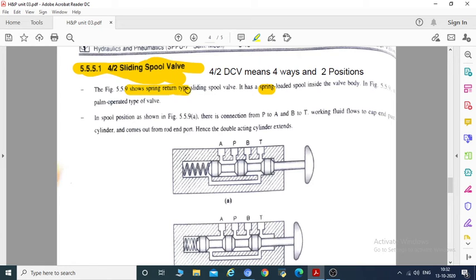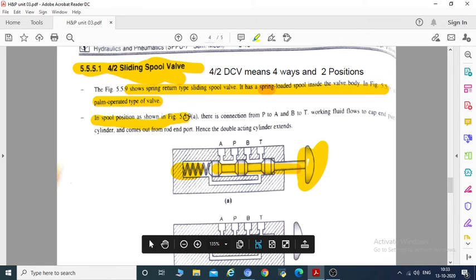The spring return type sliding spool valve has a spring loaded spool inside the valve body and is palm operated. Here you can see this is the palm operated, it is spring operated, and this is the spool here. Okay.